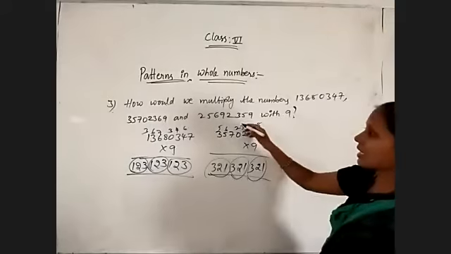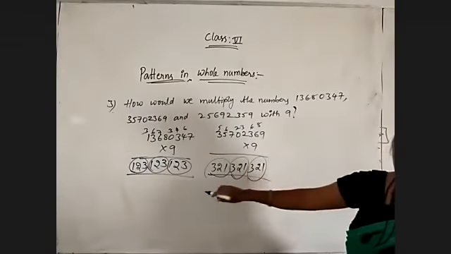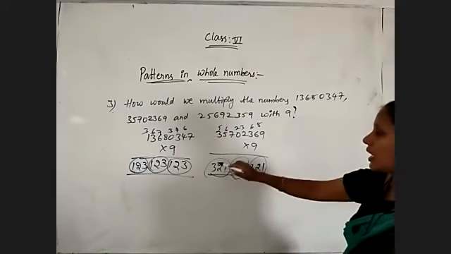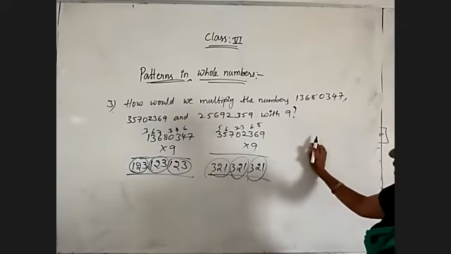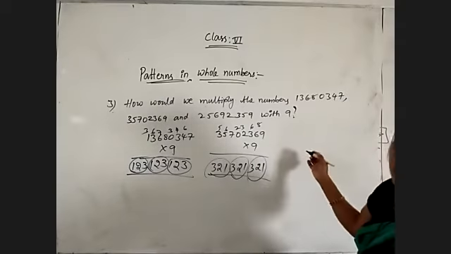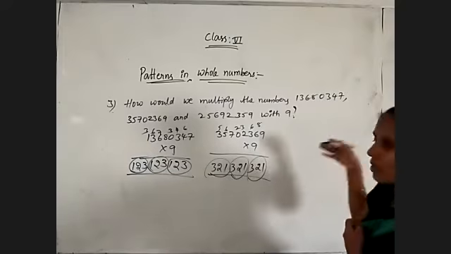And take another number. There also you will get the combination of 1 2 3 only. Now we got 1 2 3, 3 2 1, and maybe we will get 1 3 2, 1 3 2. We will see. So the last three numbers, whatever you are getting, that pattern only will generate.